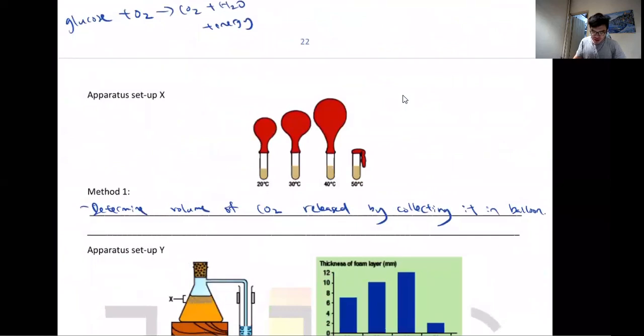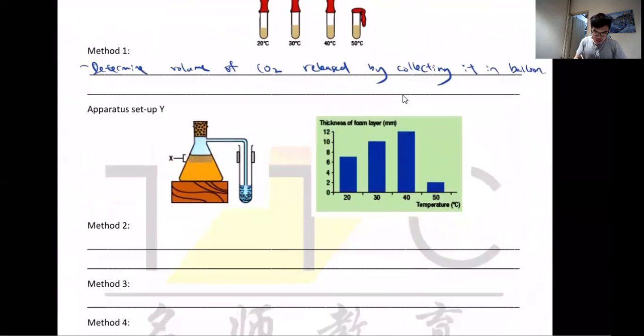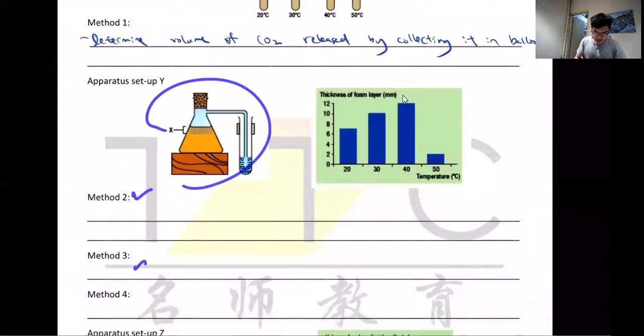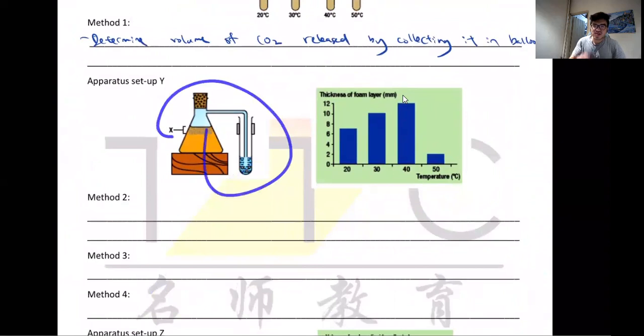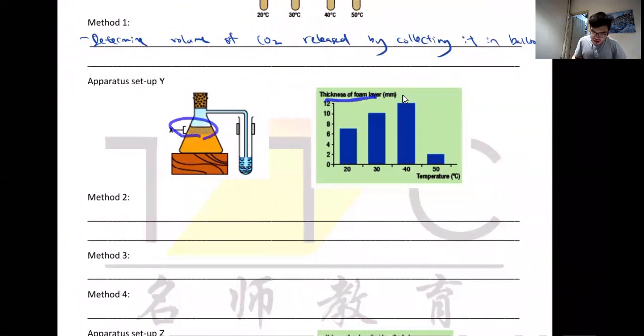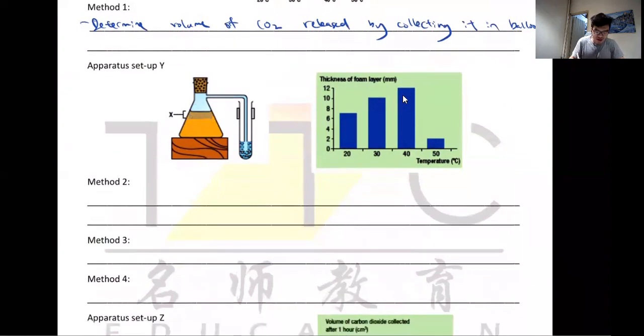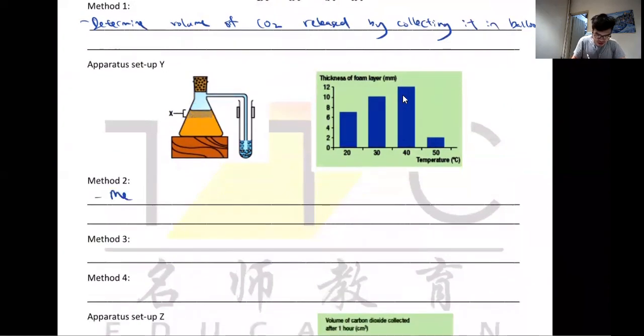All right, so next, diagram Y. Can you see this diagram has 3 methods? Because in the same setup, there's 3 ways for you to measure carbon dioxide. Number one is by looking at the foam. Can you see the thickness of foam? The higher the temperature, the more foam you have, because this is the CO2. But at 50, this thing just takes a dip because it just becomes inactive. So what do you do? Measure the thickness of foam,